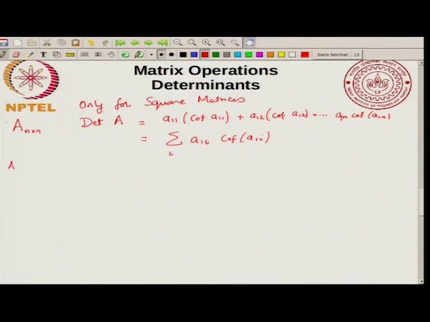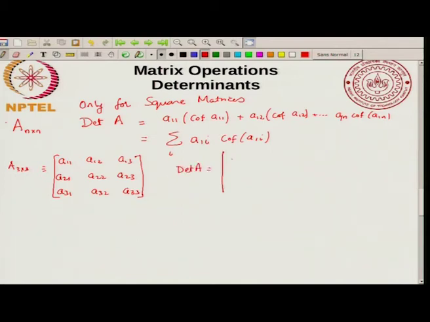This is denoted by A11, A12, A13, A21, A22, A23, A31, A32, A33. So this is my matrix A. Then the determinant of A